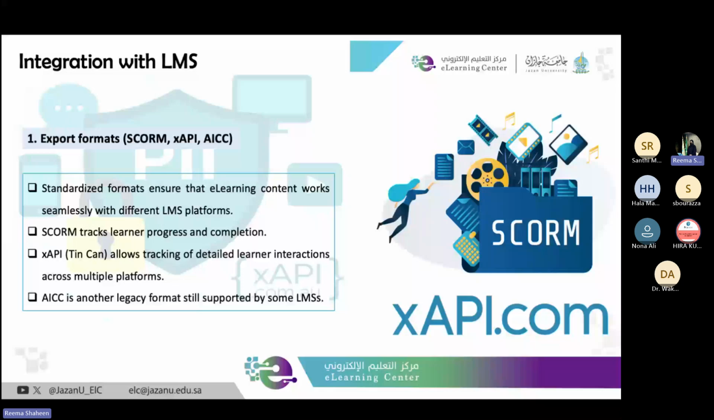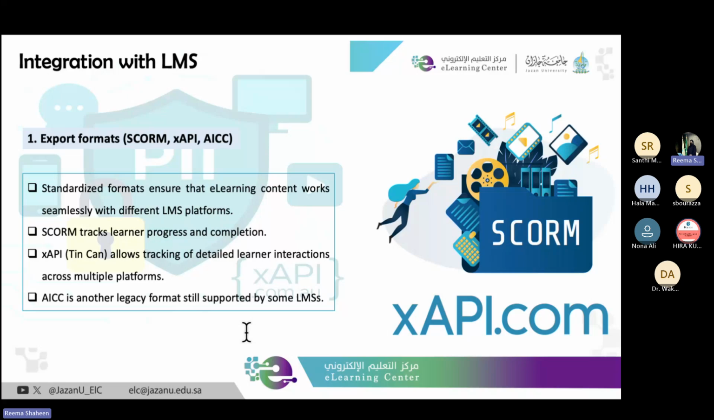So for this you have to know how you need to export your content and in which formats. We have three: SCORM, xAPI, and AICC. So we need to understand what actually they are. Quickly, we have to discuss these formats. We export content using standards like SCORM or xAPI. We are not just uploading files, we are enabling communication between the content